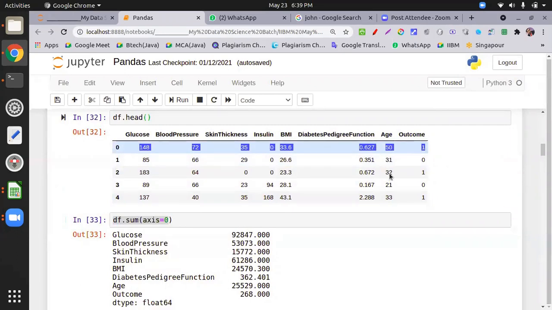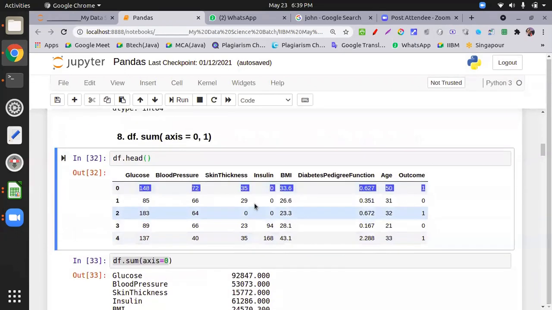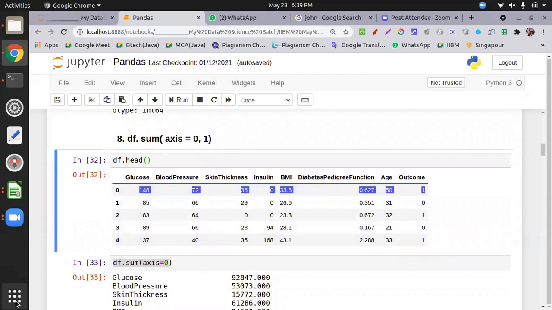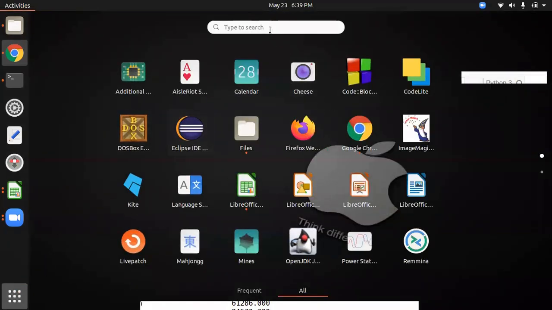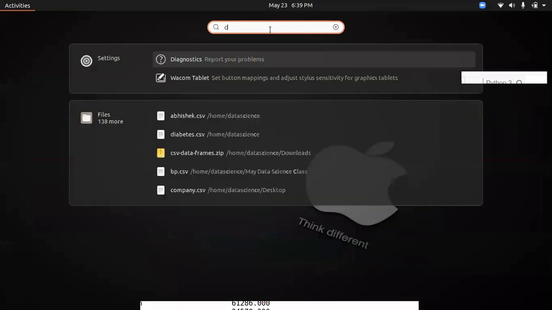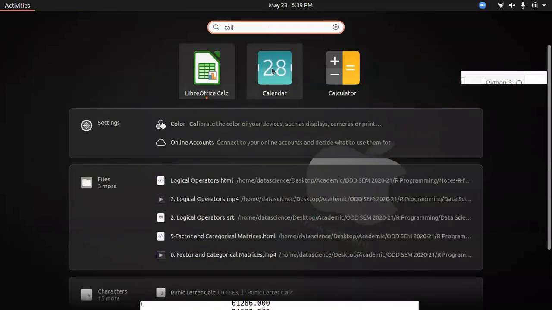Please, can anyone add 148 plus 72? I have a calculator, just verify. Yes. Let's verify.